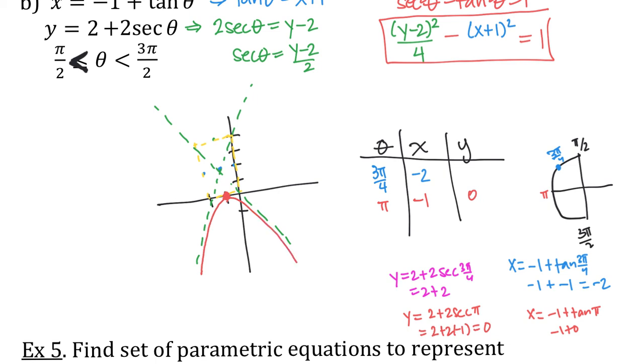Which is great, but I also need the direction, and I was using these two points to figure out the direction. At 3 pi over 4, because this is where I'm going from 3 pi over 4 towards pi, and I'm going to keep going after that. From 3 pi over 4 to pi, I went from x equals negative 2 to x equals negative 1. This is x equals negative 1. x equals negative 2 is down here somewhere. So if I'm traveling from x equals negative 2 to x equals negative 1 along this curve, I'm going this direction,